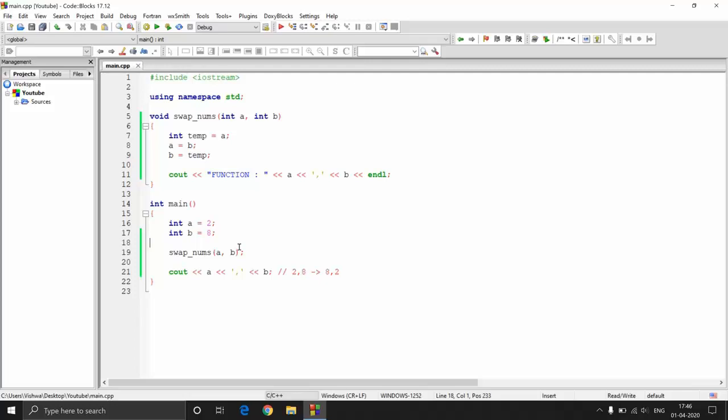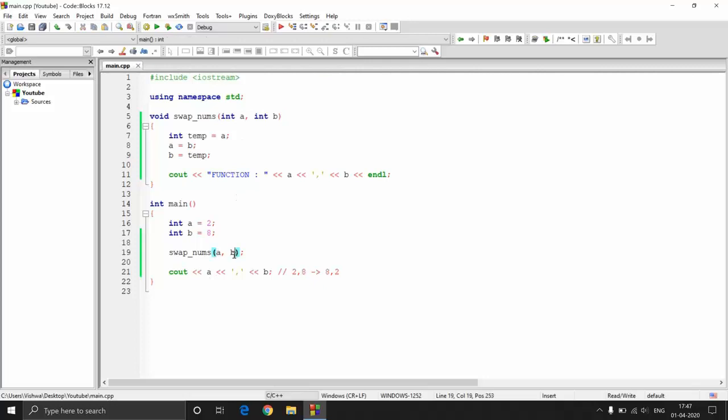So another way to do that is we can directly change this particular variable by referencing it, that is by going into the address of that variable. Every variable has an address in the memory, right? We are just creating a location inside the memory and then renaming it to A and B over here. So if we can access the address of this A and B, we can go to that particular address and then change that particular value. So in that way, we won't be actually copying these values into new variables over here and then working on those new values. That is what is happening over here, right?